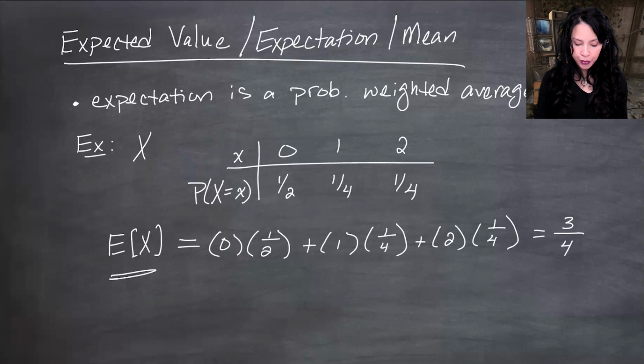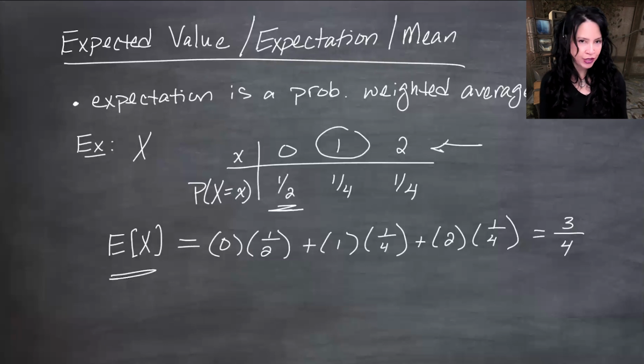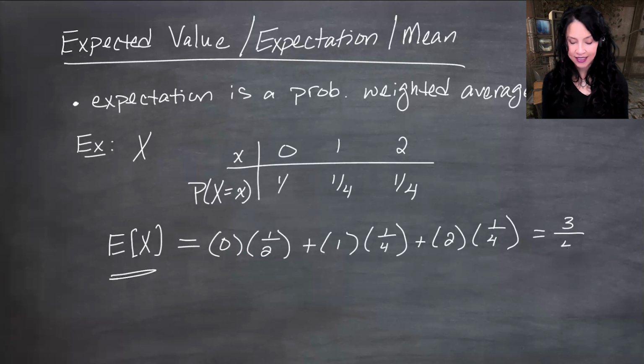So I have 3 numbers up here, and if I actually added them, I would get 3. And if I divided by 3, I would get 1. And so I would get the number that's, in this case, kind of in the middle. But because this random variable favors 0, this comes up more often, the average is being pulled down towards 0. So rather than getting an average of 1, we're getting an average of 3/4. Make sense? Okay, so let's write this a little more formally for any discrete distribution.